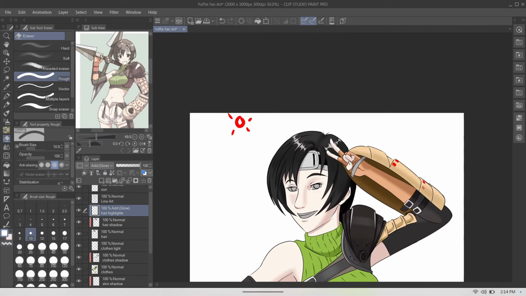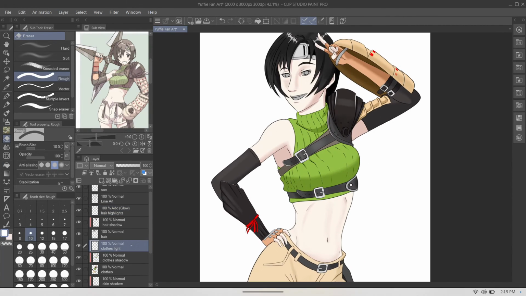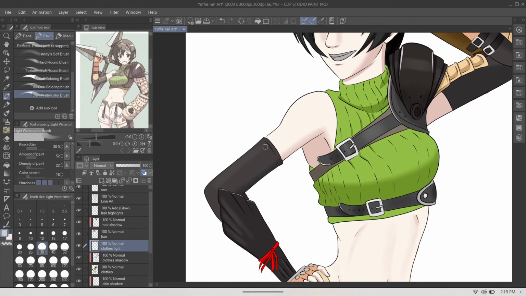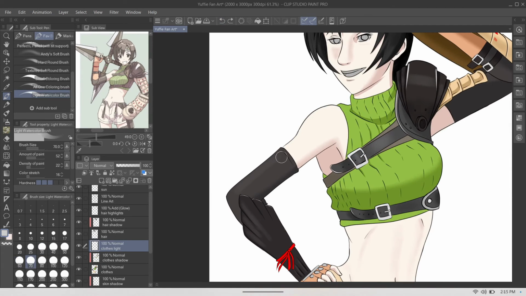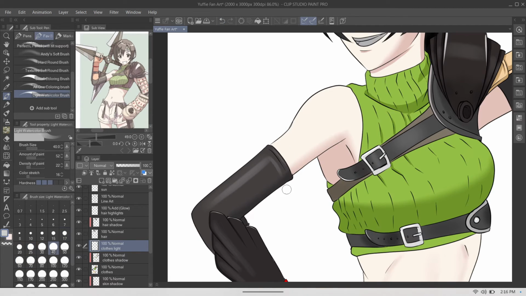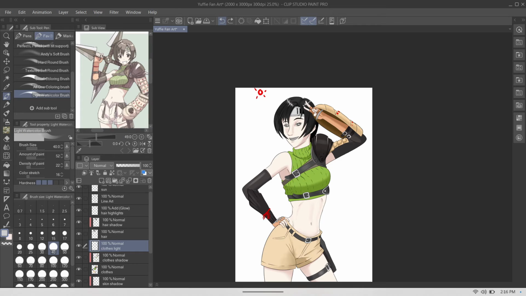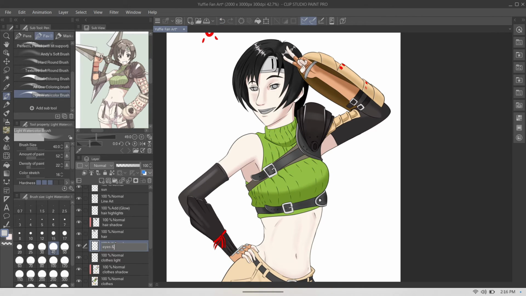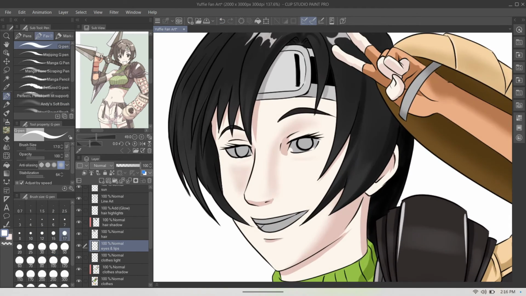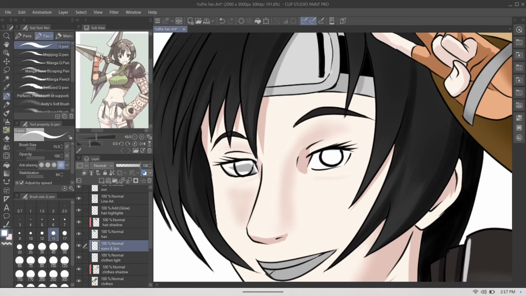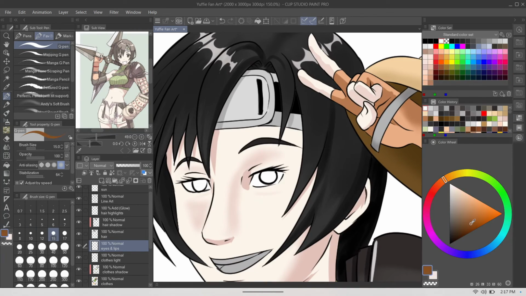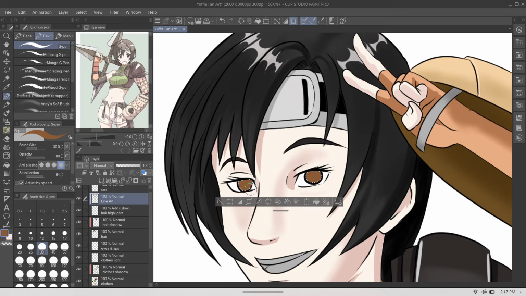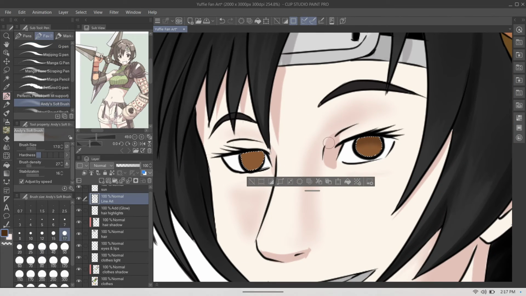The user interface and the tools are designed for drawing, as opposed to Photoshop, where a lot of stuff is just for photo editing. The great thing about Clip Studio is that the tools for drawing and coloring make your workflow much faster and very efficient.